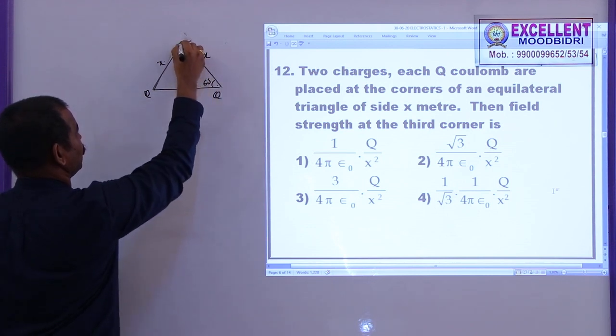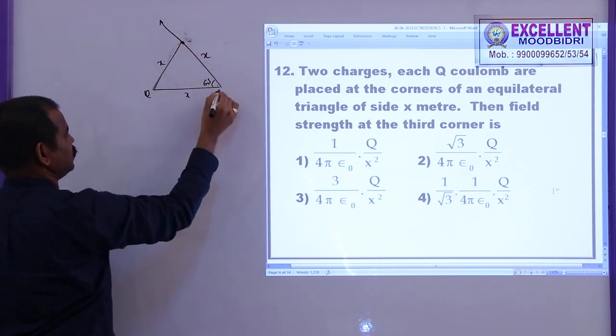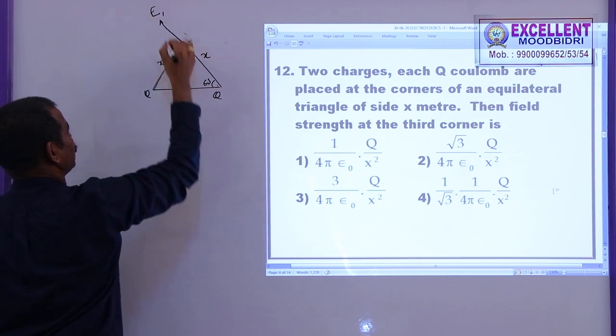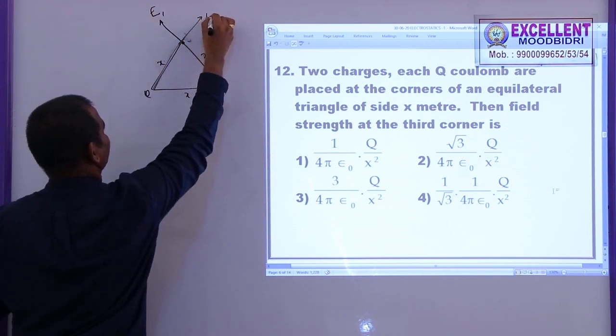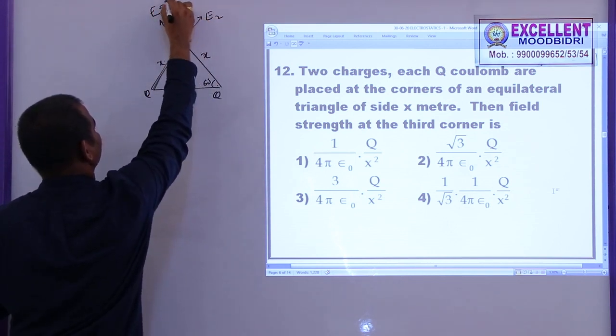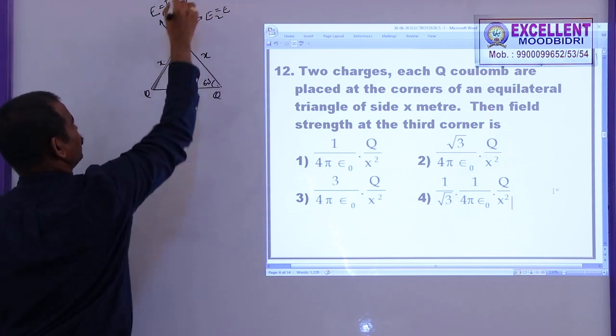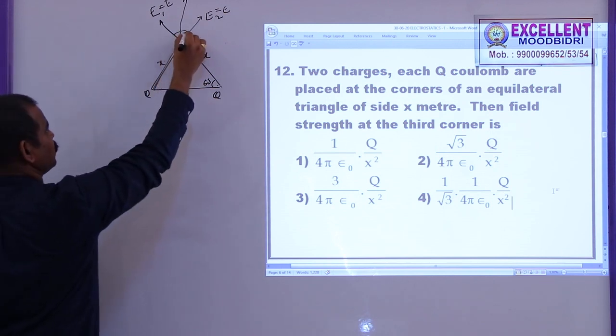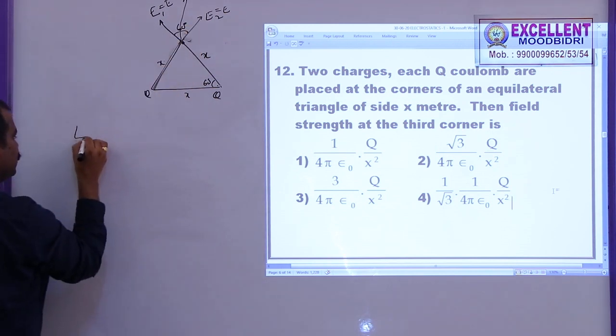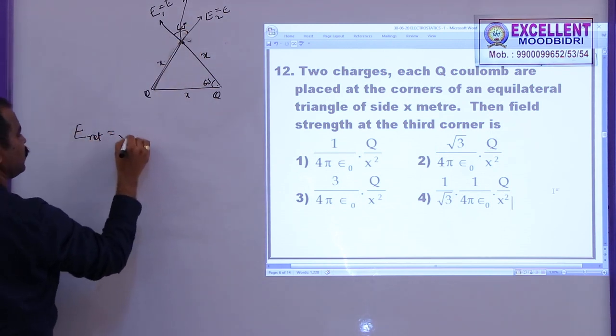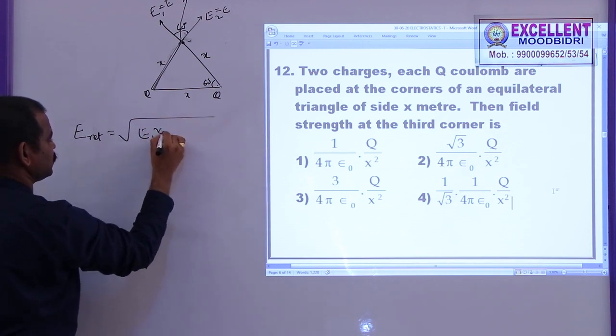and this is 60. The electric field here due to this charge will be in this direction, E1. Due to this one it will be E2. E1 is equal to E2. Why? Because of similar charges and similar distances, the net field will be in this direction, and the angle between these two is also 60. So the net electric field, which is acting upwards, is given by root over E1 square plus